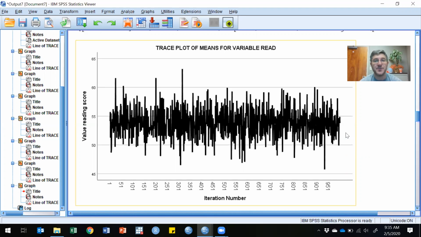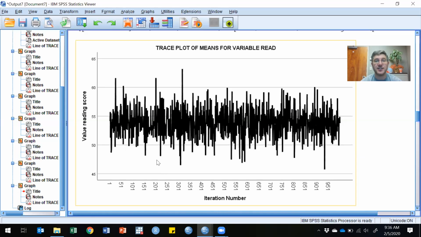You know, this random pattern indicates that the distribution we're sampling from is stable, and that's what we want. We want to know how long it took to reach this stable distribution, and here it looks like it happens almost immediately. If you start seeing a pattern up in the beginning, and then it trails off into a random pattern, you'd want to look at, okay, around the 200th iteration, it seemed to stabilize. This one seems to stabilize almost immediately. So that indicates that the model converged to a stable